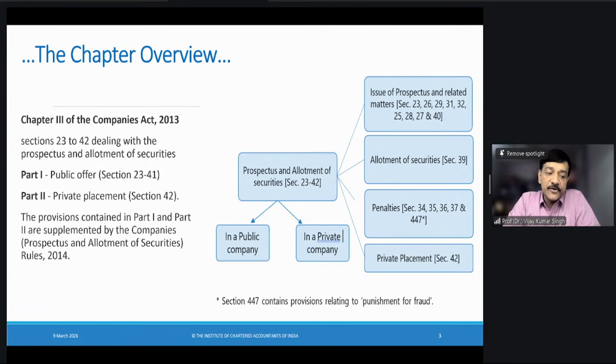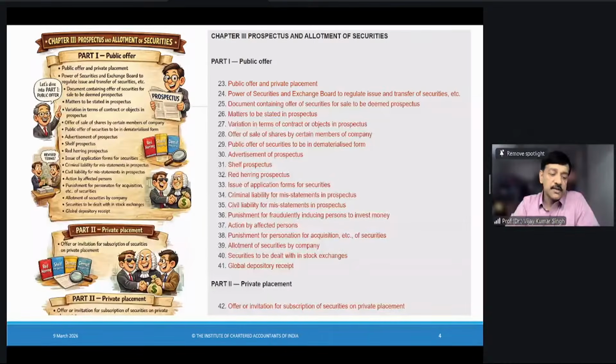Ironically, you will see that a lot of investment in companies happens by way of a private placement, and hence it is a very important section wherein more practicality needs to be understood. The number of sections is not that many for private placement, but the technicality of private placement happens by way of a lot of contracts and agreements, and we will see some of these examples when we go to that particular section of private placement. So let us proceed with our discussion and talk about the law.